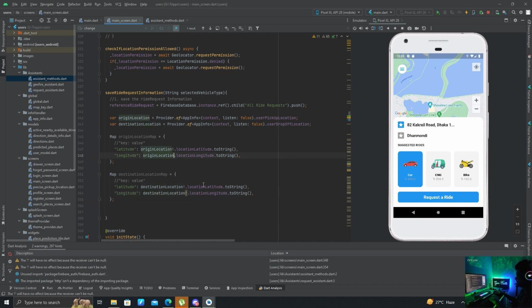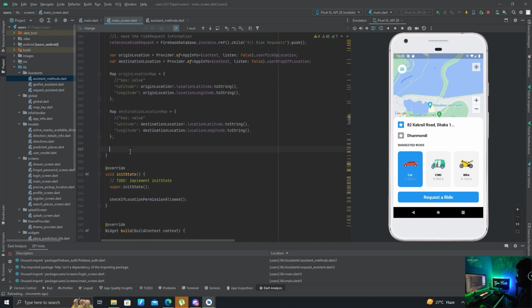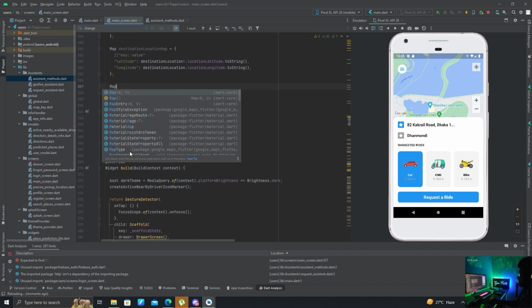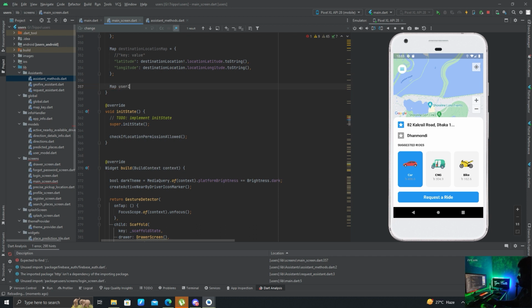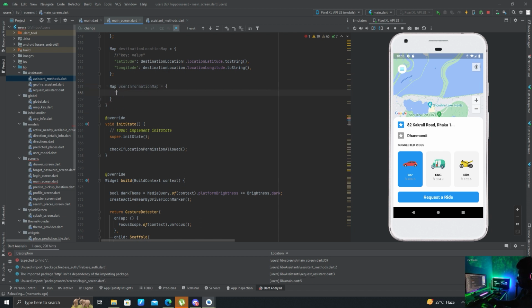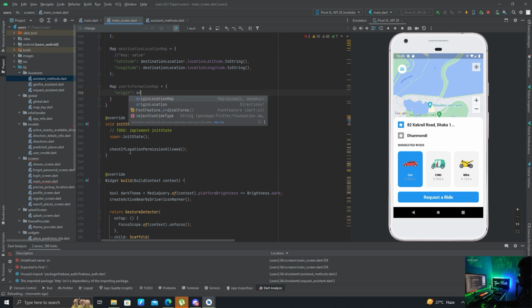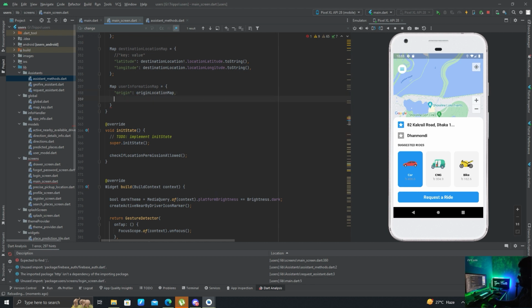I can remove this null check as it's showing that it's unnecessary. Now let's add a map again for our user information map. So let's add origin, and I'm going to add our origin location map, then destination, or a destination location map,